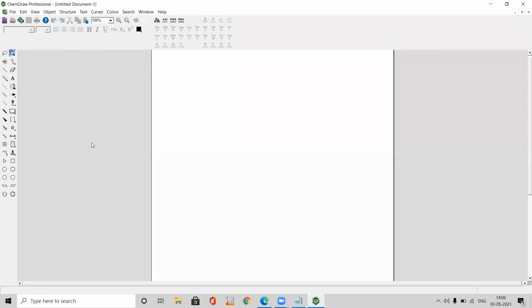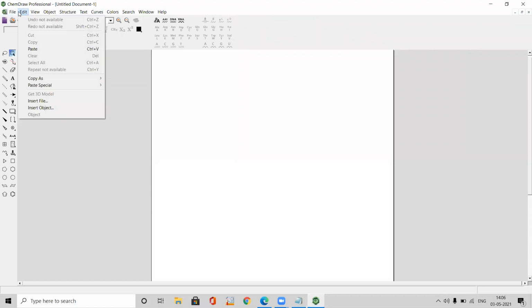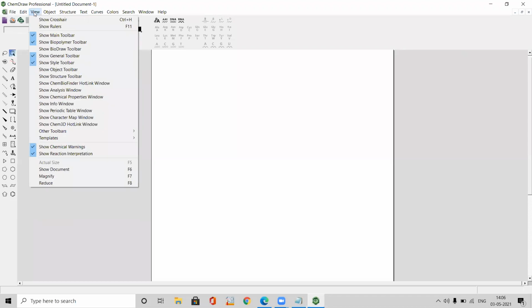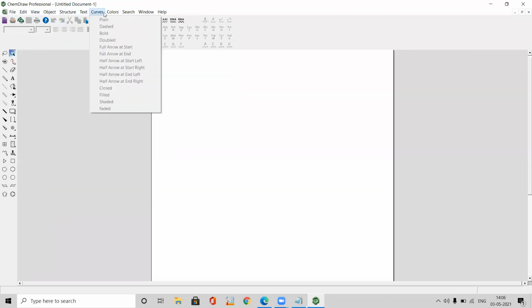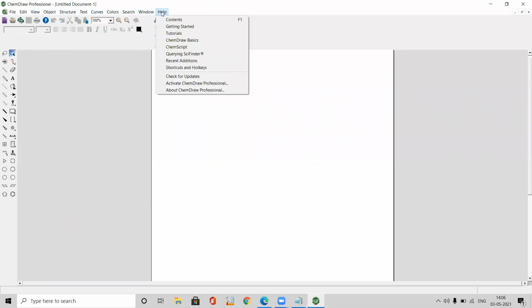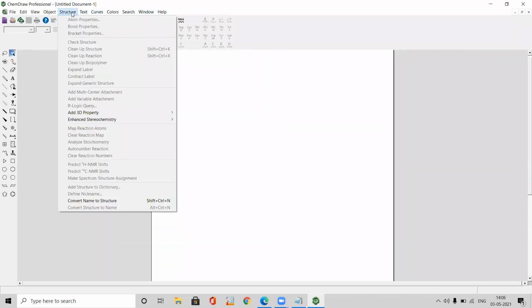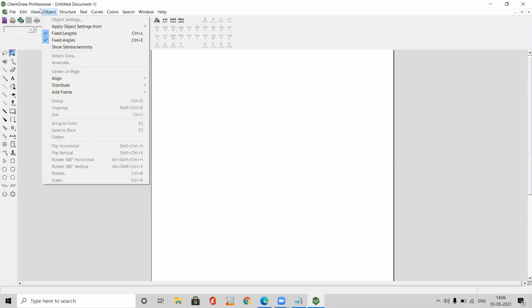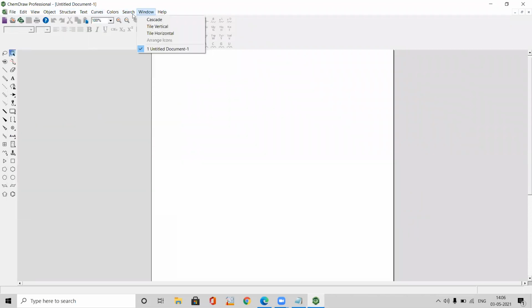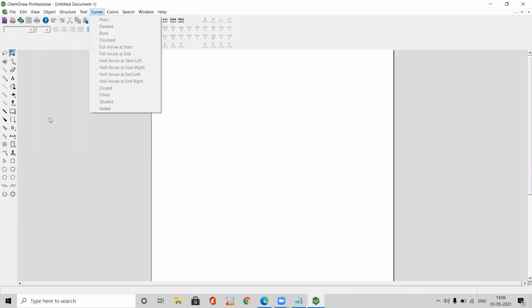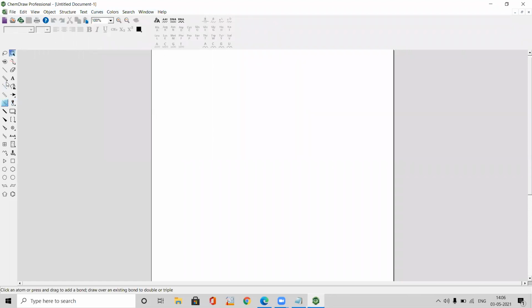Here we need to study this menu bar. It will have drop down menus: file, edit, view, object, structure, text, curves, colors, search, window, help, options. For today's experiment, we won't use much of these menus. Instead there is a toolbar on the left hand side, and we will mostly use this toolbar.